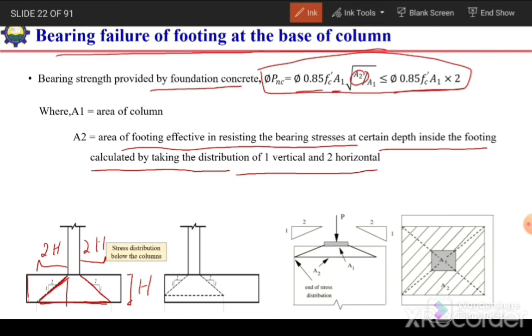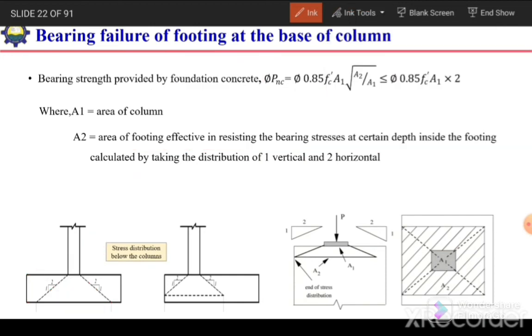So we can calculate this area at this level. So the total will be 4H plus the dimension of the column. For example, it is C1. Similarly, it will be multiplied with 4H plus C2. So it will give us A2. But if